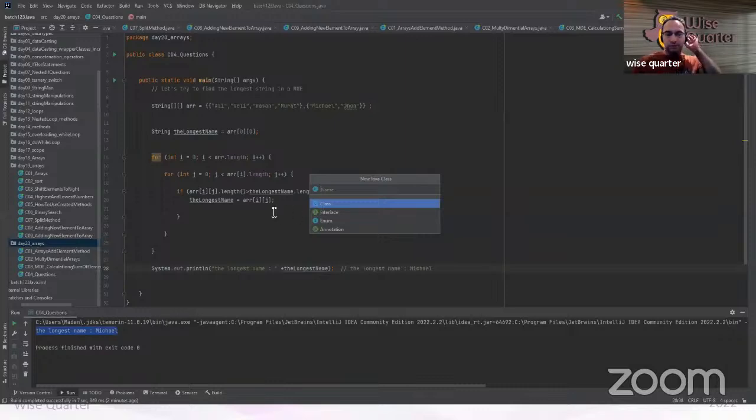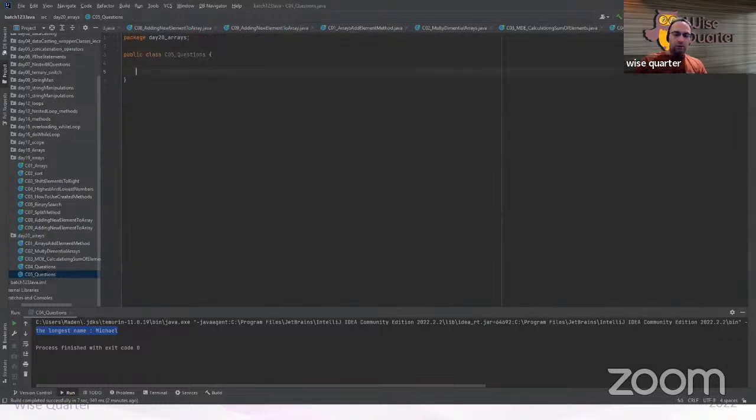So I will solve another question. We need a main method and the question, of course. Create a method that counts even numbers in a multidimensional array. Okay,